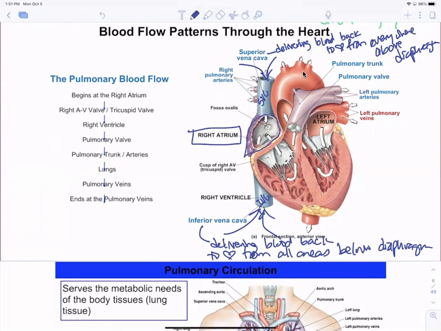Some other anatomy on the right side, this is pulmonary. So AV valves. This is the right AV valve. That's one cusp, there's another one, and there's a third one. That's why it's a tricuspid valve. But you could say right AV valve, A is for atria, and V is for ventricle. Atria is just the plural form of atrium. So if it makes you more comfortable, we could say atrium. So the right AV valve is where blood coming from the superior and inferior vena cava